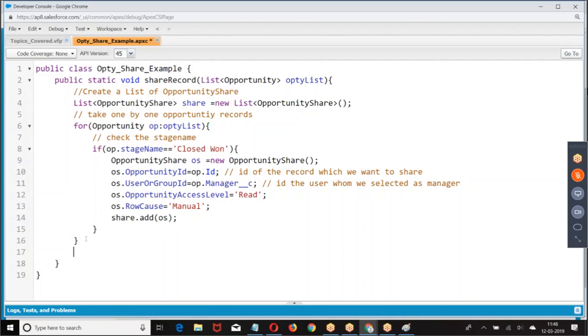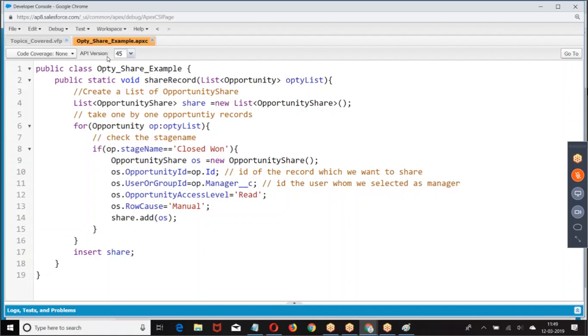So what am I going to do? Insert. Did the people follow? It is a DML operation only, right? How you insert a record in the account object, like that we are inserting a record in opportunity share. But you have been working on account for a couple of examples, so you know what all the fields are there. Opportunity share is one of the standard objects. What are we supposed to do? Go to that object, find out what the fields are, then try to update.